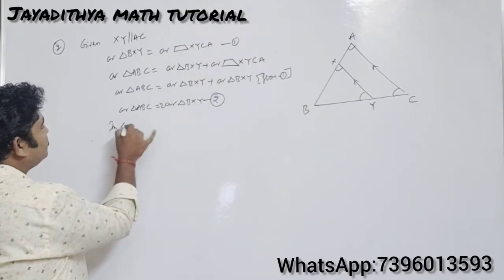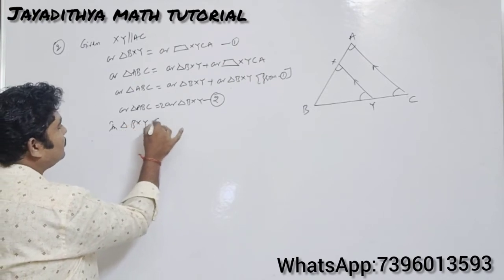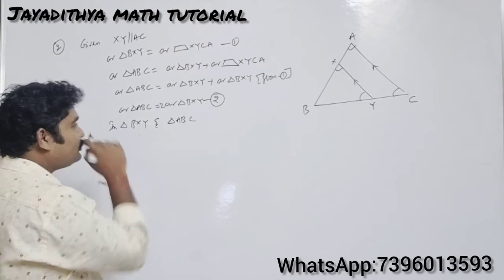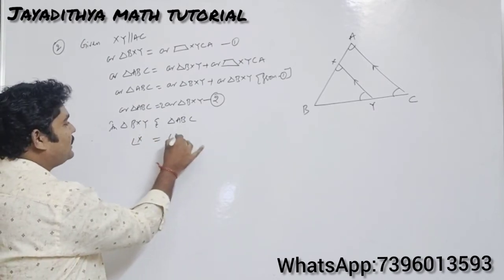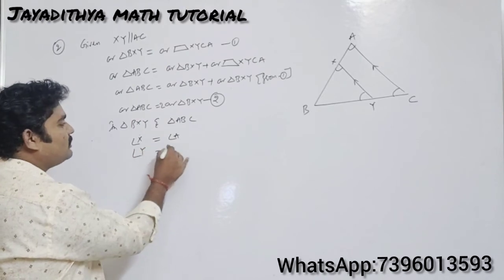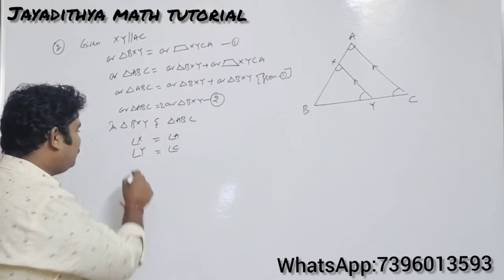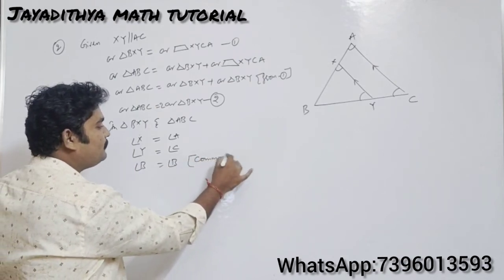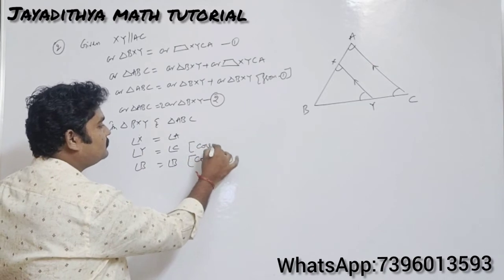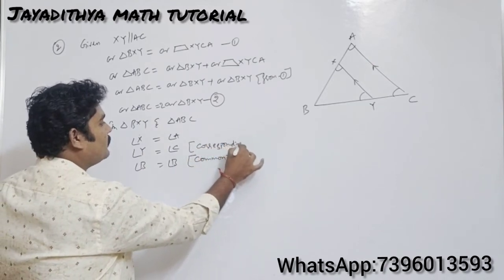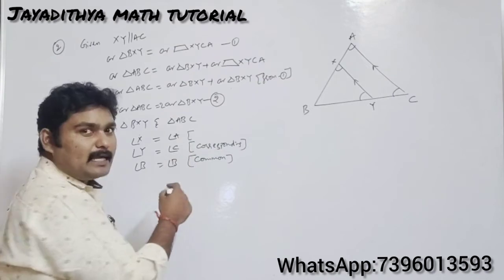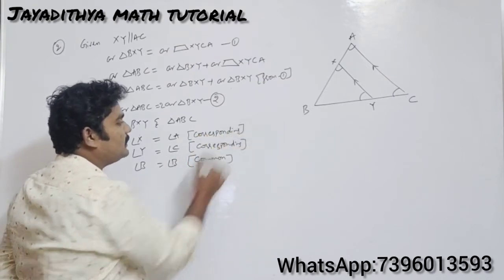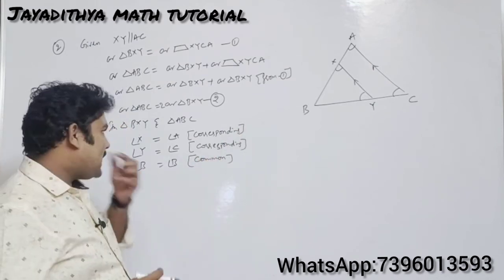So in triangles BXY and ABC, what can you say here, Nana? So here angle X is equal to angle A, and here angle Y is equal to angle C. If you want, you can also show angle B. Angle B is equal to angle B, Nana. Why? Because this is a common angle in both the cases, and angle Y is equal to angle C is corresponding, and also the angle X is equal to angle A. So these are also corresponding angles. Clear? So these 3 angles will be corresponding here.